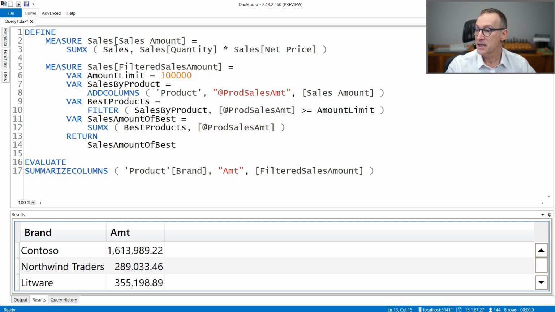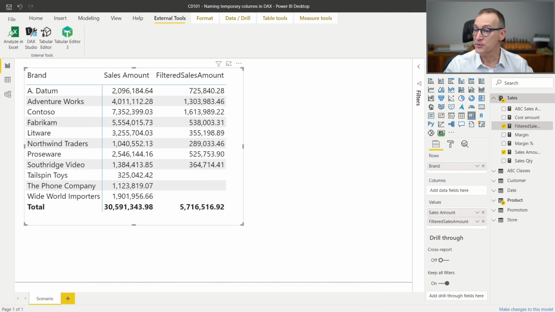Using @product sales amount, the name is still very readable, so you don't have problems in reading and understanding the content, and it is clear that this is a column and this is a measure. So we came out with this standard that, when used consistently, makes the code easy to read.